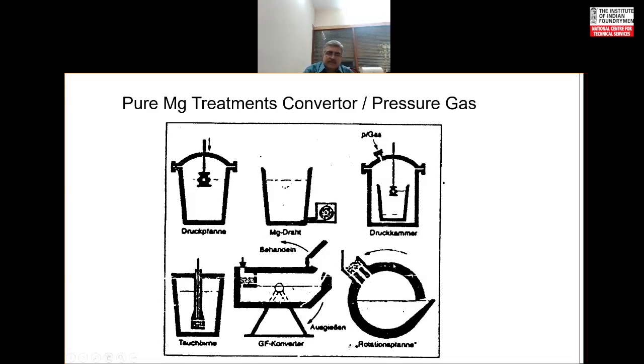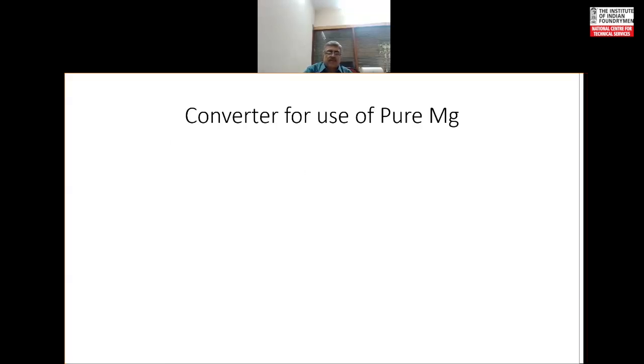And the last one that you see is a rotary ladle, where you have a chamber here and where you put your treatment material. Long ago, Foseco had tried magnesium impregnated coke as a material for doing this rotary ladle treatment. Let's quickly look at